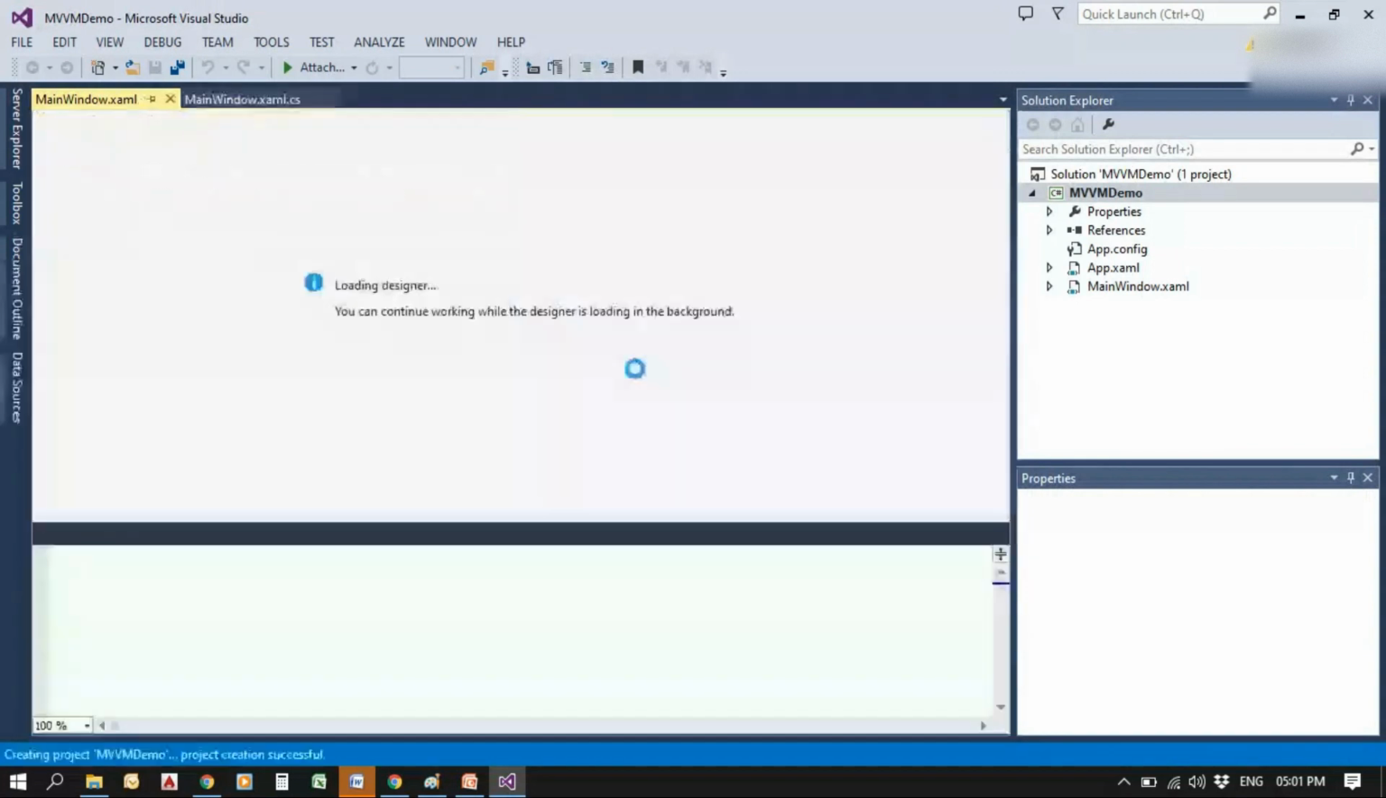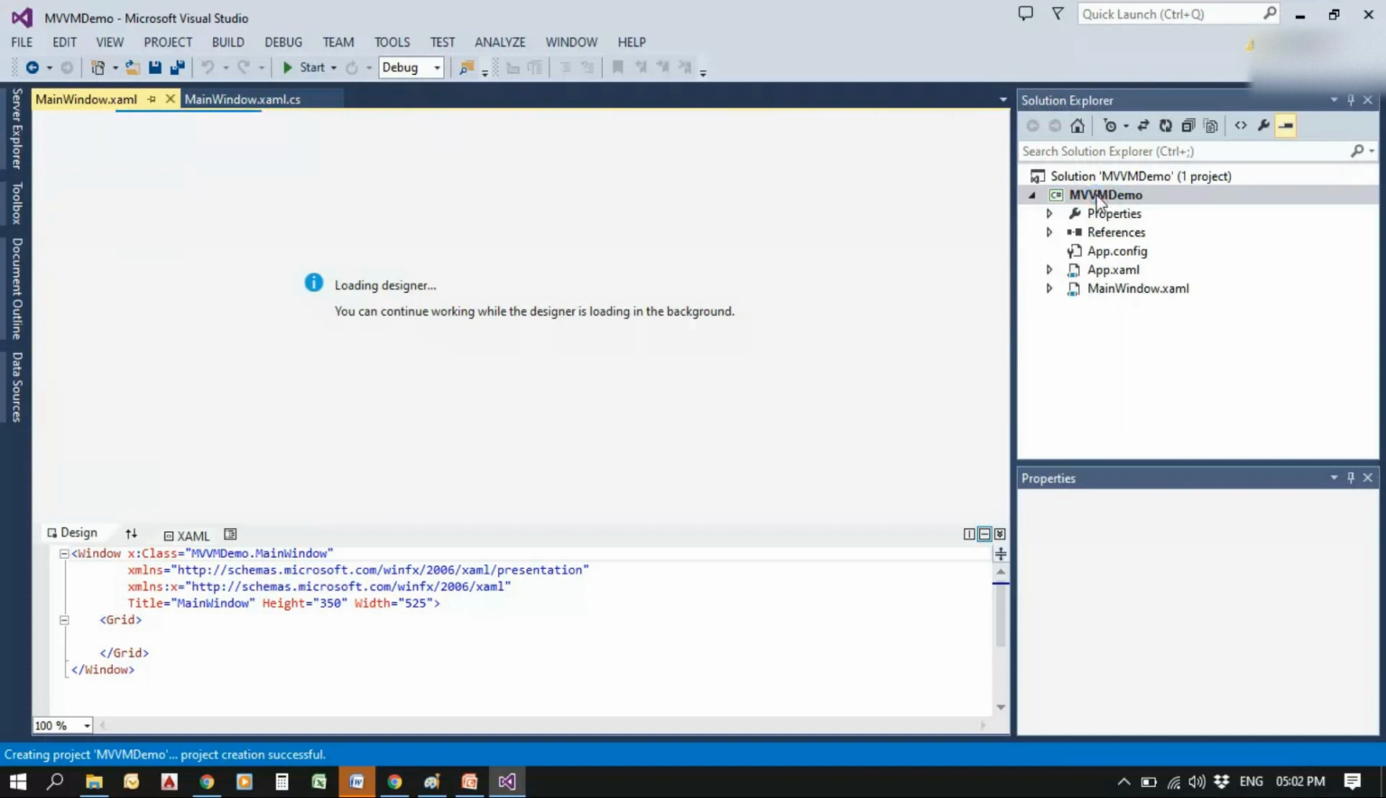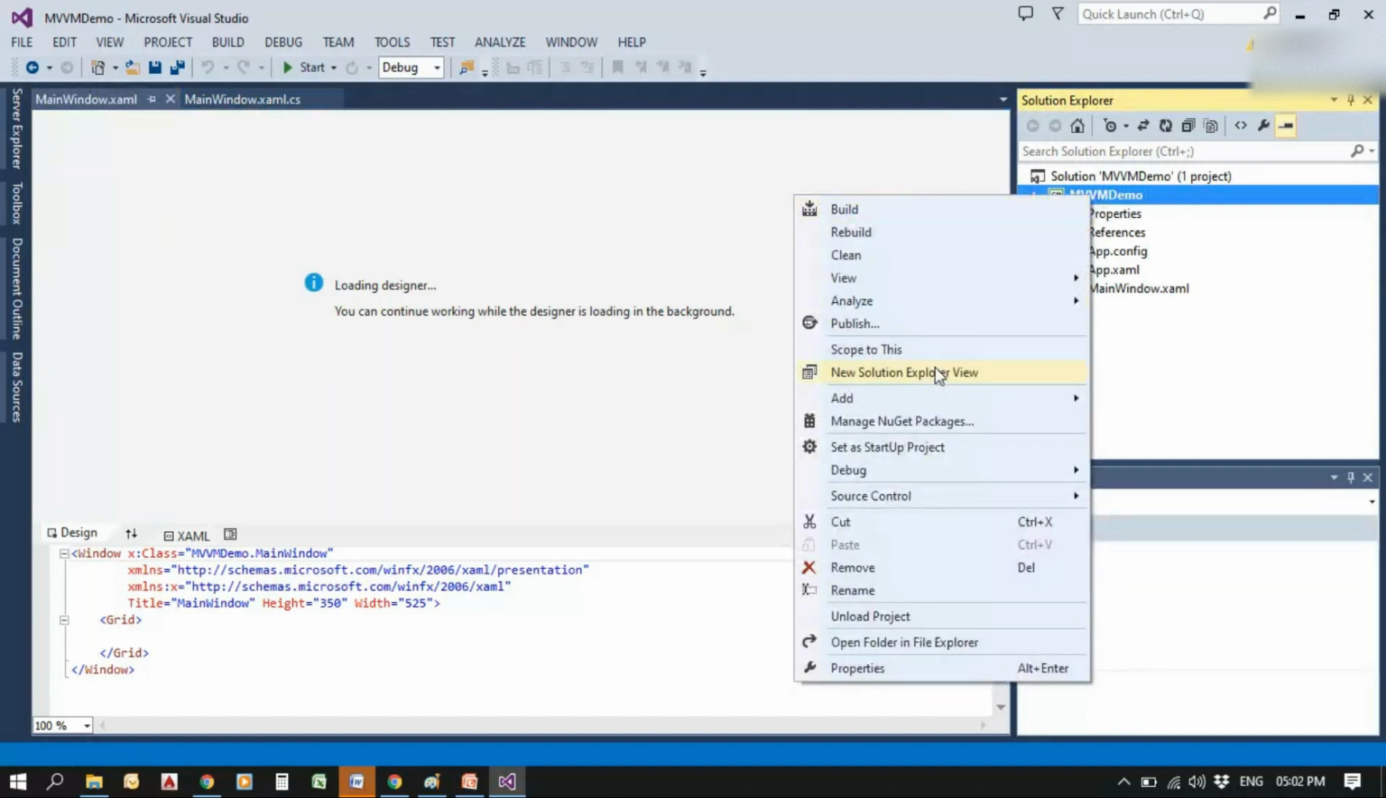So the project is created. By default we have the XAML file and XAML.cs file, and on the side we have the solution explorer. Inside MVVM demo we need to create 3 folders. Since it's MVVM, we have 3 folders, which are model, view and view model. So add a folder